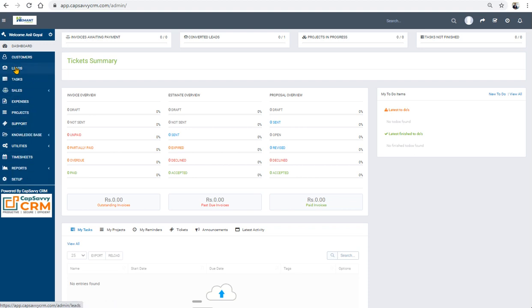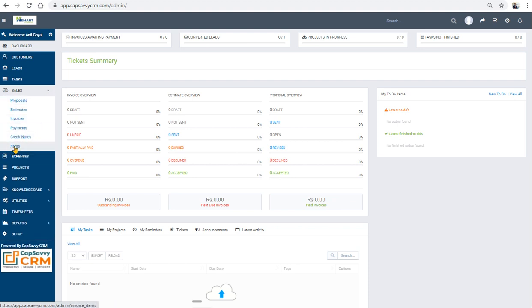Now if you see, there is lead, task, customer, dashboard, and there is a sales section. If you see sales, in the drop down there is an item section available. This item is nothing but the product. Now this particular product can be used for two things. One, if you want to create a lead and that lead is for a particular product. Suppose you have two divisions, one is CCTV camera or maybe security systems, and the second is a printer. Suppose you have two types of products available.